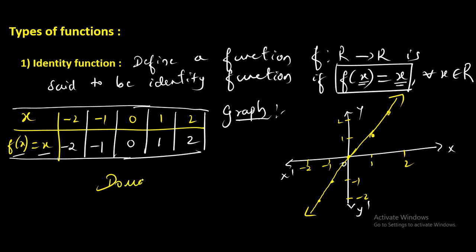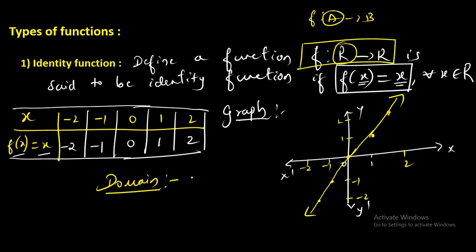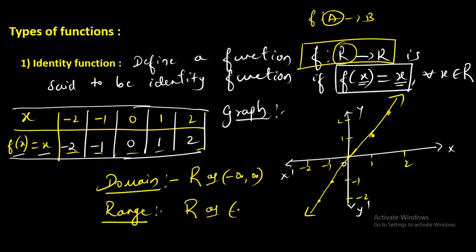And very important, domain of identity function. The domain means, as I told you, the complete set. When you have f from A to B, what is the domain? The set A. Here, what is the domain? Capital R is the domain of this function. Real numbers can also be written as the open interval -infinity to +infinity. Then range. What is the range of this function? The range is the elements, the images, that you are getting. The same numbers you are getting. The same numbers means what? Again the set of real numbers, that is the open interval -infinity to +infinity.